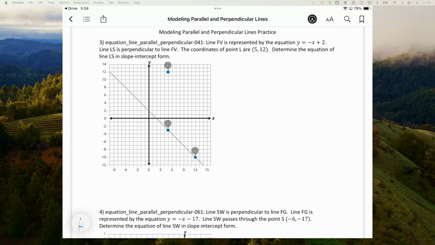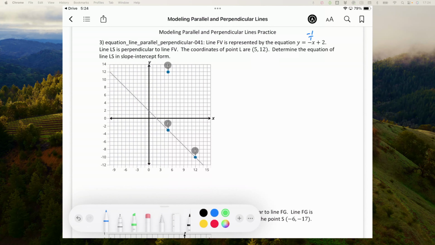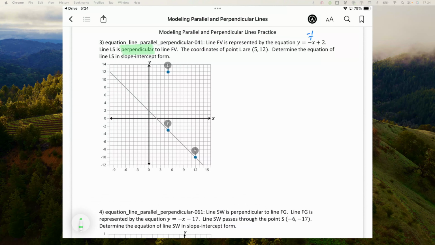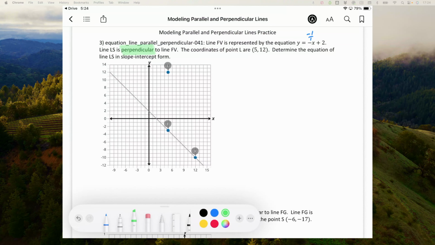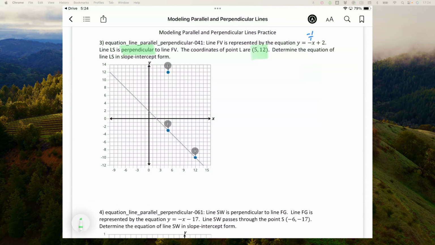So line FV is represented by the equation y equals negative x plus 2. So that is a slope of negative 1 over 1. LS is perpendicular to FV, so this time we do not want the same slope, we want the opposite reciprocal. And it passes through the point 5, 12. So similar to our previous work, we need a point, which is going to be 5, 12. And we need a slope,